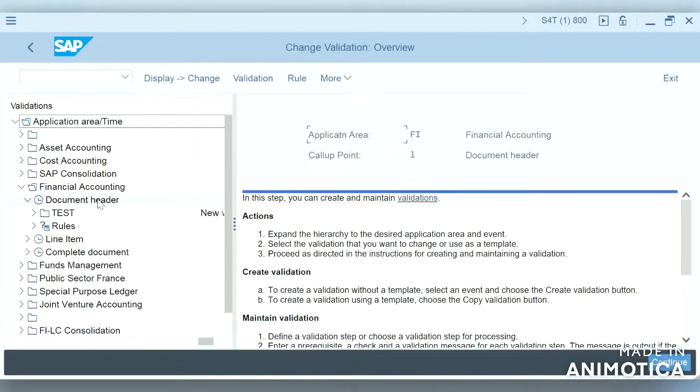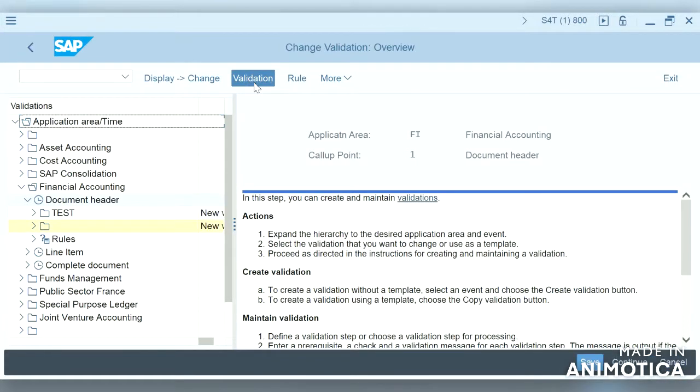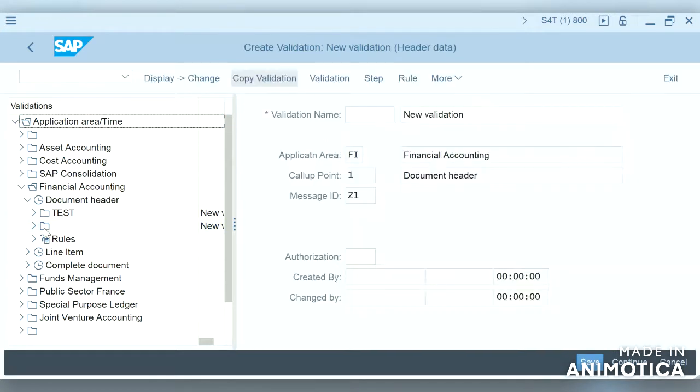Once we click on document header section, we can create a validation. If we click on create validation, it will open up with new validation. We can give the validation name here, doc type, and the validation name, not use SA.